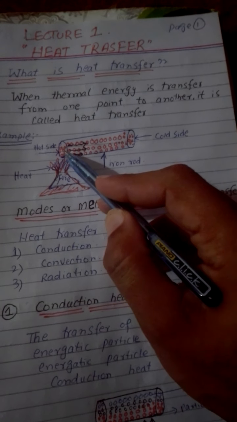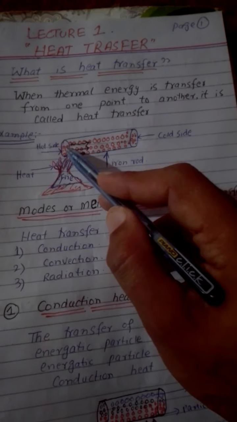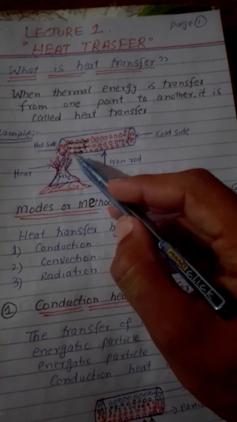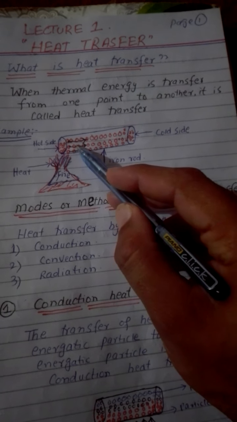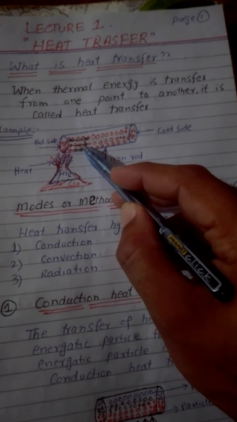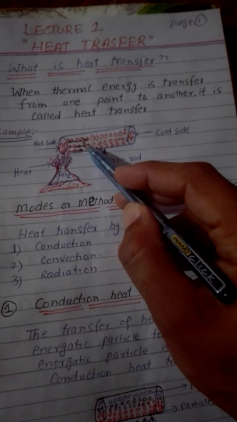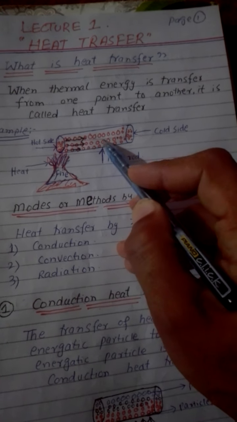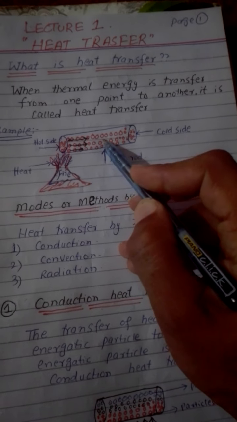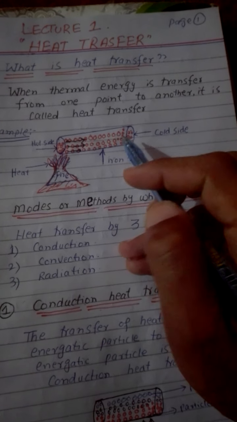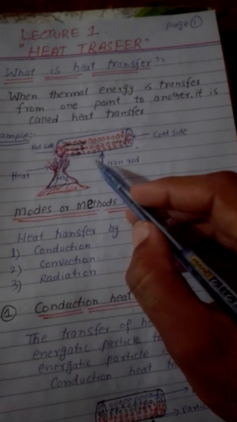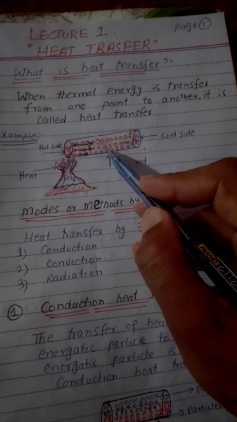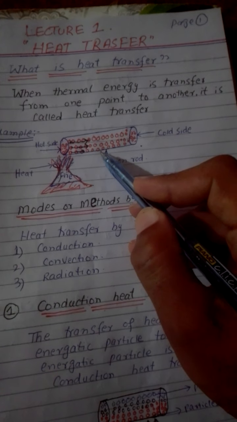When the fire reaches this side, the atoms become heated. These heated atoms transfer thermal energy to their neighbor atoms. This neighbor atom transfers energy to its neighbor atom, and so on. So the heat transfers in this direction. After some time, this side becomes heated, and the heat transfer in this process is known as conduction heat